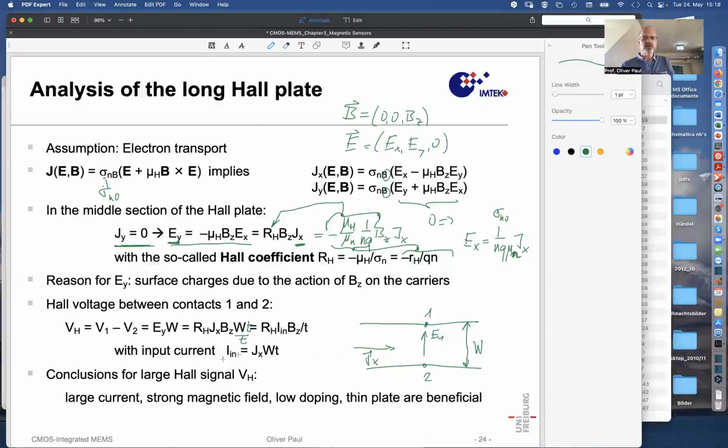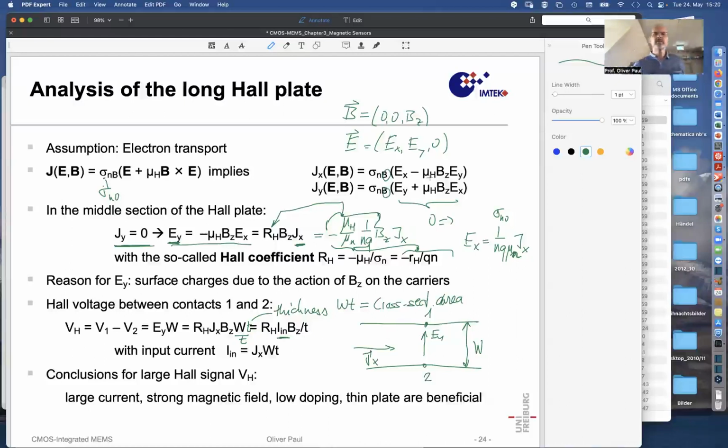What is T? T is the thickness of the plate. And then WT is the cross-sectional area, A, so to speak. And then we multiply, obviously, JX by the cross-sectional area, and that becomes the real current in ampere. But then we have this additional T. So you can write this again as,